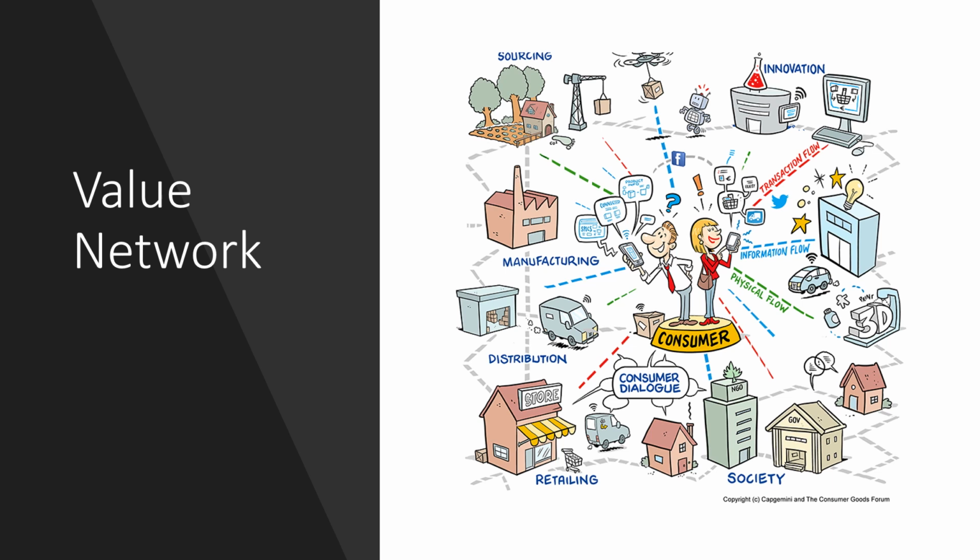Let's take a look at the value network of Amazon. Amazon's value network is vast and complex, involving many suppliers, distributors, logistics partners, etc. For example, when you order a product on Amazon, the company relies on suppliers to provide the materials and components needed to manufacture the product. Then, logistics partners like UPS and FedEx help transport the product to Amazon's warehouses, where it is stored until it is